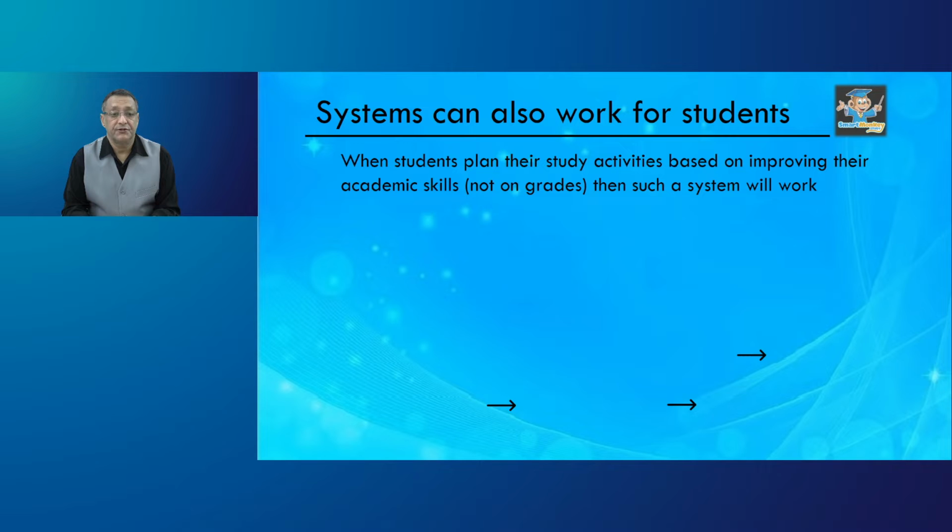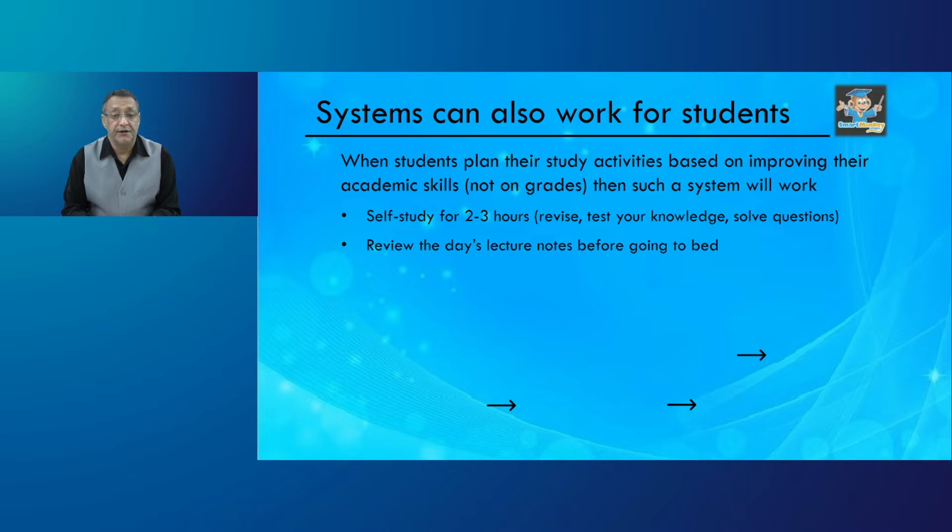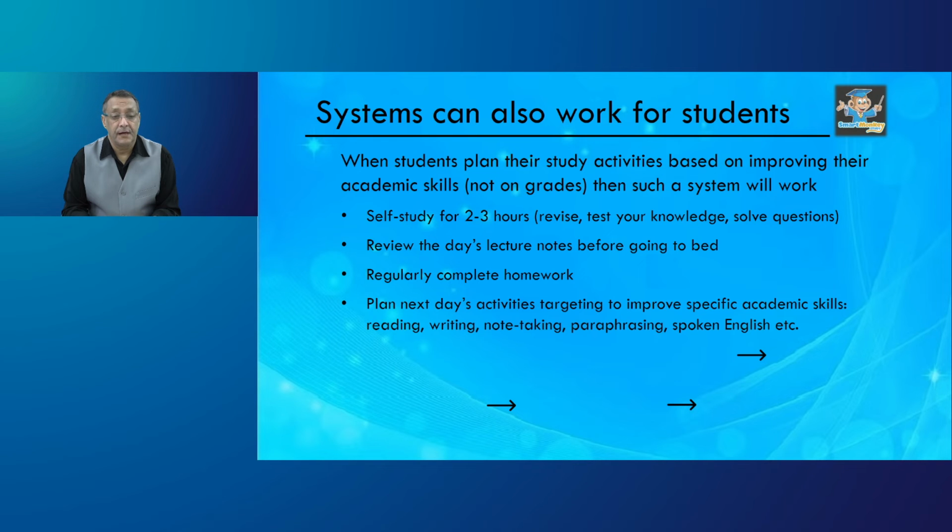Systems can also work for students. When students plan their study activities based on improving their academic skills, not focusing on grades, then such a system will work. Self-study for 2 to 3 hours, revise, test your knowledge by solving problems or questions. Review the day's lecture notes before going to bed. Regularly complete homework. Plan next day's activities